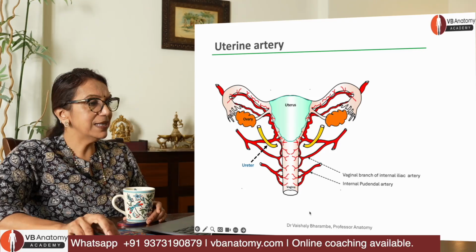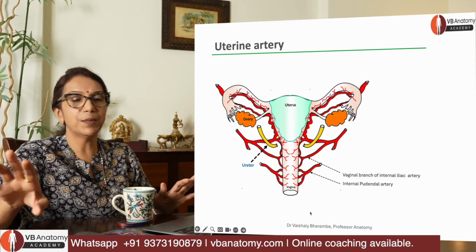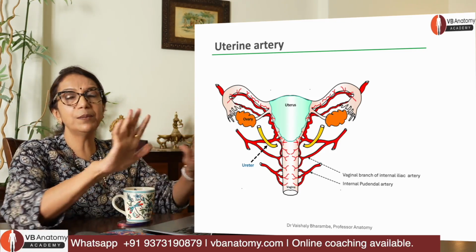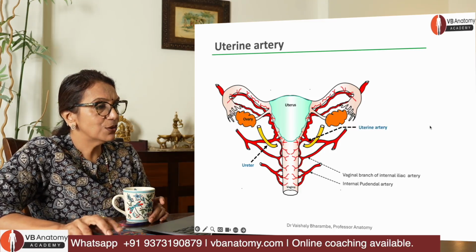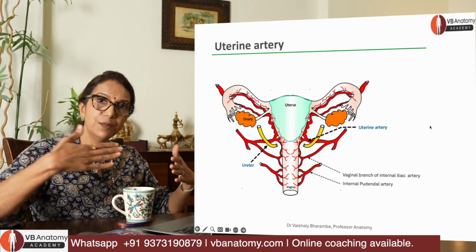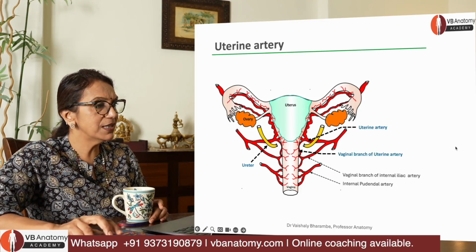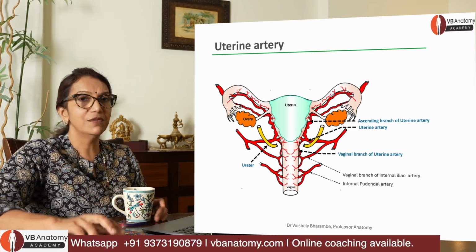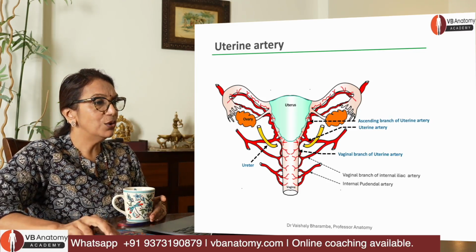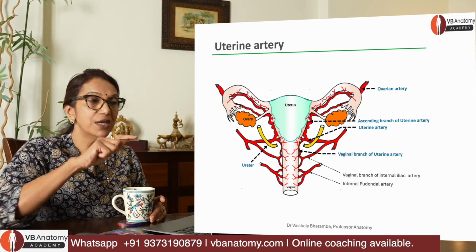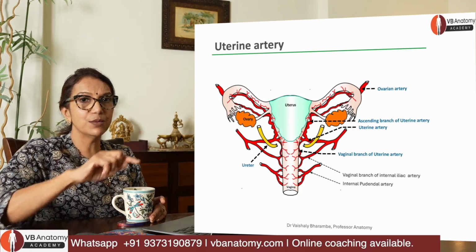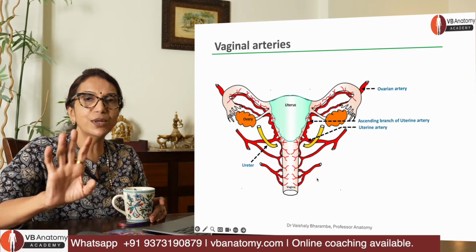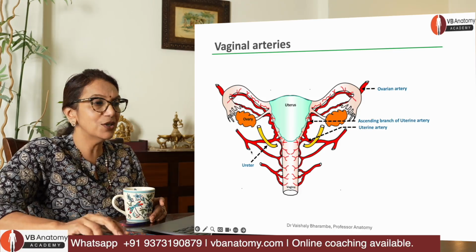Right. Now take a look at this image which is showing you the entire arterial supply except for the ovarian, which receives ovarian artery directly from the aorta. All other branches are visible here. So here you are seeing your uterine artery. As it approaches the lateral border, it gives rise to a descending branch which is the vaginal branch of uterine, and an ascending branch which runs along the two lateral borders to finally anastomose with the ovarian artery, completing that anastomotic arcade. Okay. While we are at it, I want to quickly also teach you the blood supply of the vagina region.